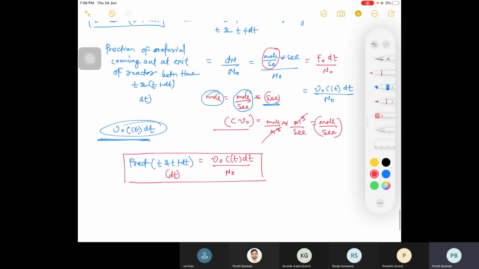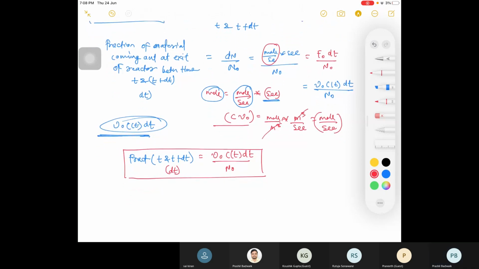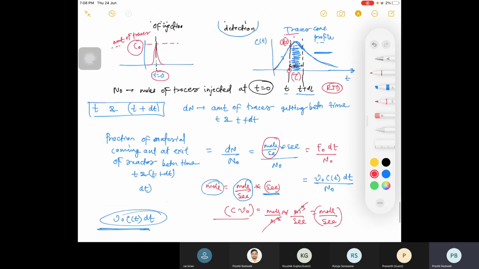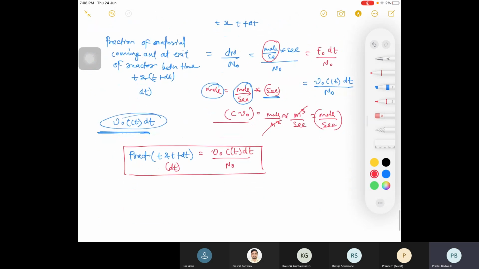Now, if I am integrating this over the whole time, where the total duration is t, this is your fraction in that range, that dt strip, this is your dt strip over this. So this is the material in this dt time span. So if I integrate from 0 to infinity, will I get the total material?